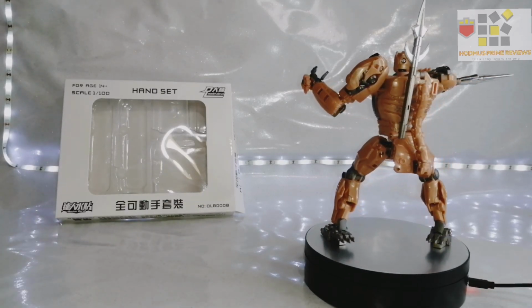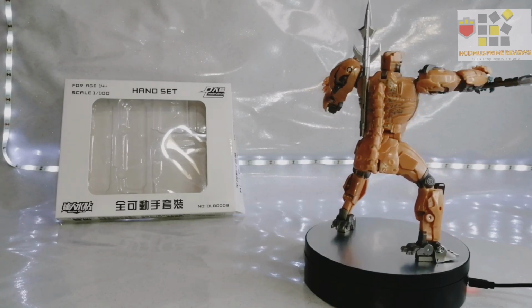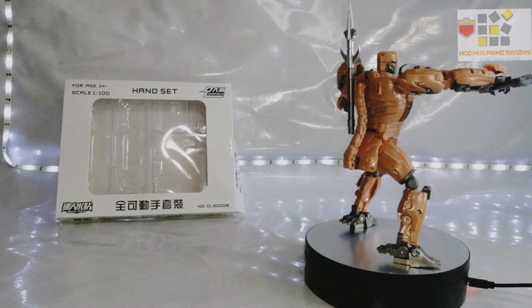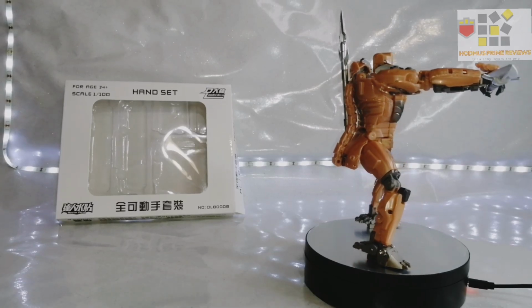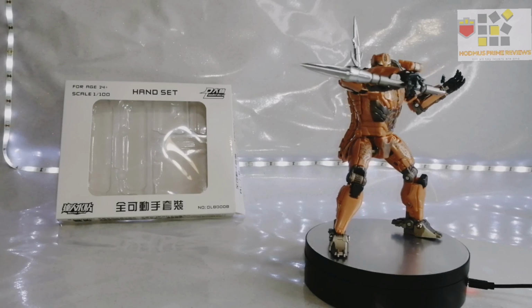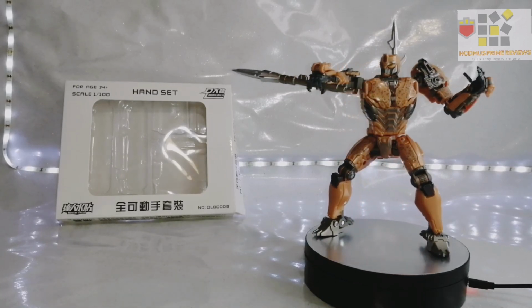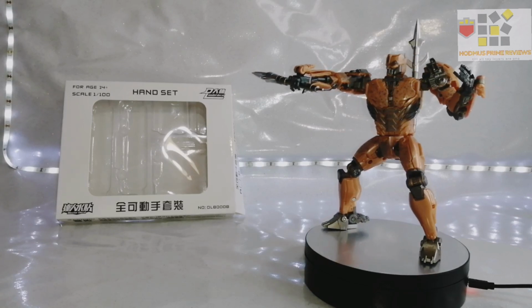Got it off of AliExpress. I ordered it about 5 days ago. It turned up. That's quicker than some of the local stores in the UK, so can't fault it. Brilliant seller that I keep getting mine off. Same person I've had all my last 3 things. My Dr. Wu that I've just picked up, I need to do a review for them, and my Optimus upgrade kit,